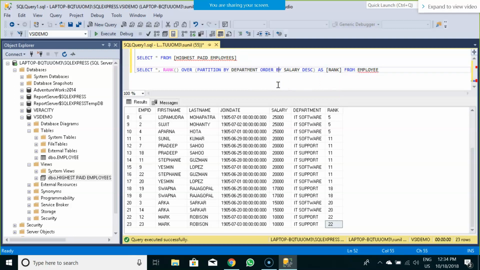Okay: select star comma rank over partition by department ordered by salary in descending order as rank from employee.